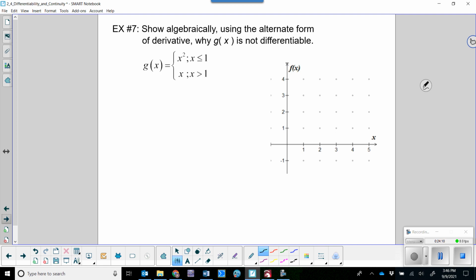Okay, so let's look at this question, example 7. We're going to show algebraically, using the alternative form of the derivative, why g of x is not differentiable. So what we're going to do is find the limit as x approaches 1 from the right, and then find the limit as x approaches 1 from the left. And this is going to be